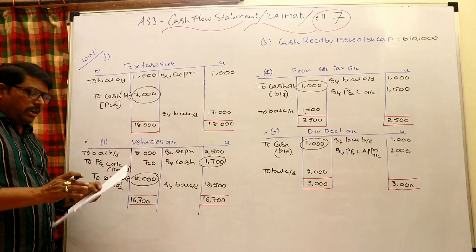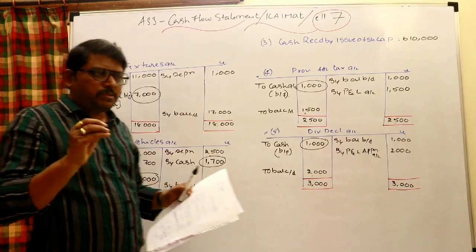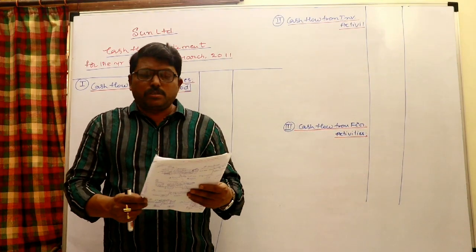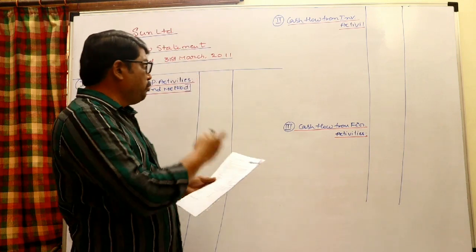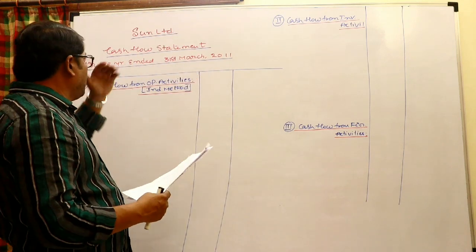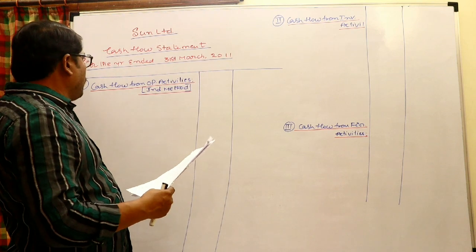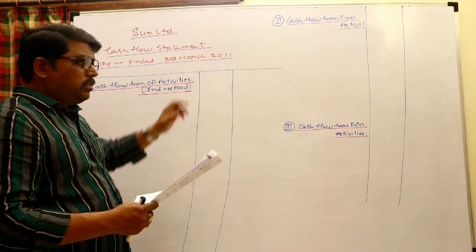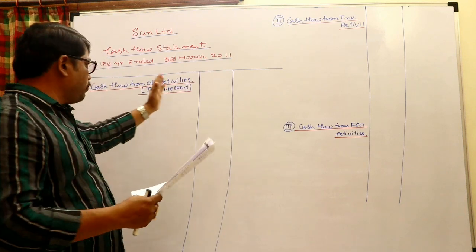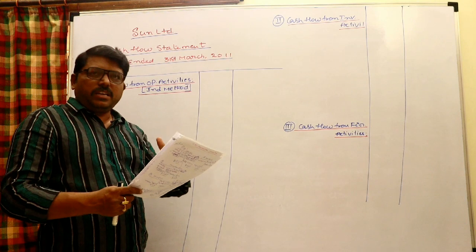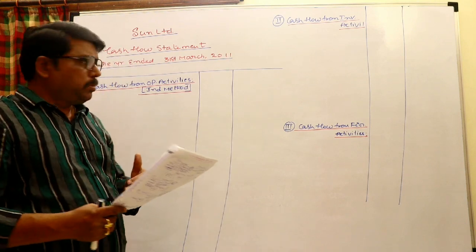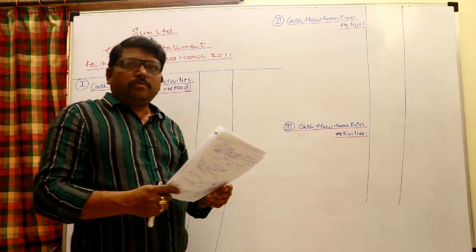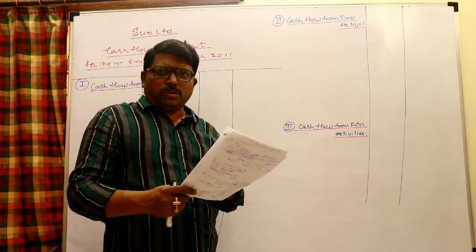Now we can have the clear-cut cash flow statement in the simplest manner. Once the working notes are completed, it is very simple to solve the problem. Put the heading, of course it is unlimited, cash flow statement for the year ended 31st March 2011. You may have cash flow from operating activities, but here the direct method is not possible, you have to go for the indirect method, then cash flow from investing activities and financing activities. Very simple to solve the problem here.